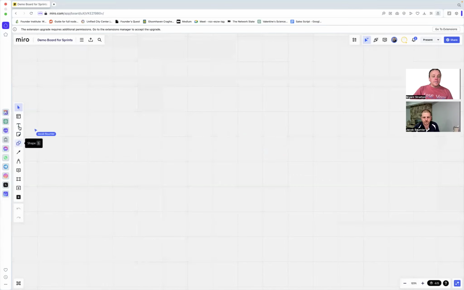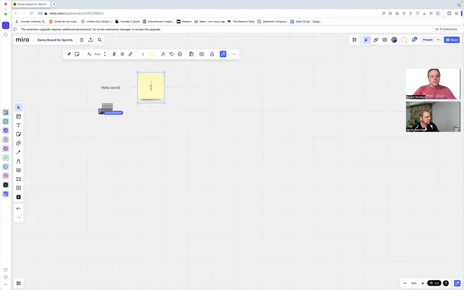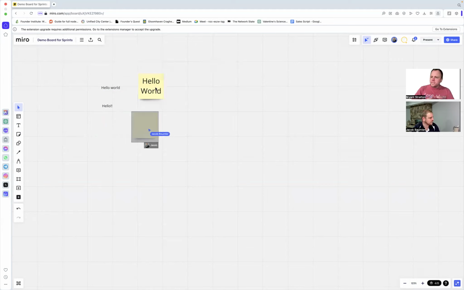We have different things that we can make, like text. Hello world. There we go. Awesome. We can make some sticky notes and put hello world inside of them, and they'll adjust their text size inside the sticky note, which is convenient and sometimes inconvenient. The Shapes tab will allow you to do the same thing, where you can make different shapes